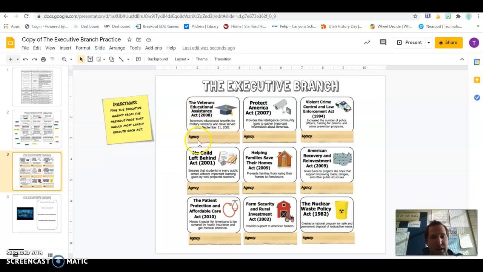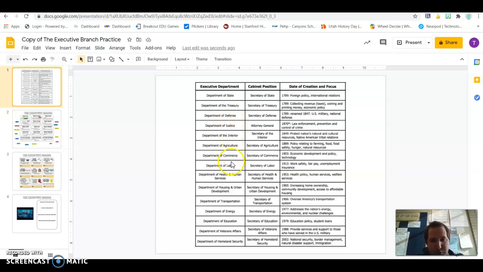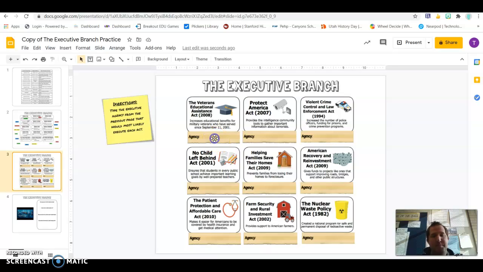Now, the next one's a little trickier, but type the executive agency from the previous page that would most likely execute each act. So the Veterans Educational Assistance Act increases educational benefits for military veterans who have served since September 11th, 2001. So this would probably be either the Department of Education or the Department of Veterans Affairs. You could probably put either one. I think this is more likely, and it was actually passed by the Department of Veterans Affairs. So I'd come here and type in